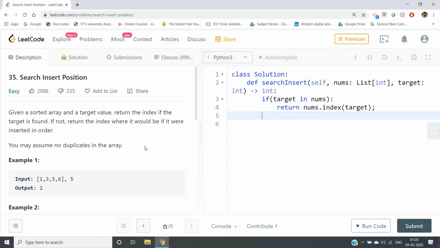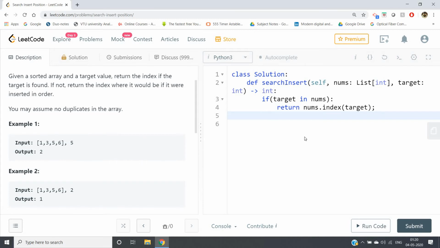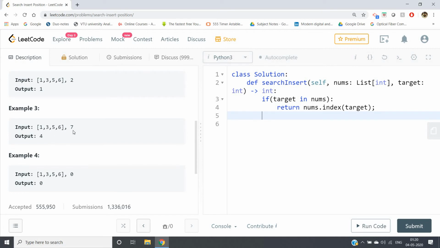Because you know that index will give you the first index position where the element is appearing for the first time. Now there are some other cases we have to consider, when target is not found in nums. That time we have to insert the target in the nums array in such a way that proper order is maintained. Two extreme cases can be easily done, which we can get the idea from example 3 and example 4. Suppose target is more than the maximum of our input list.